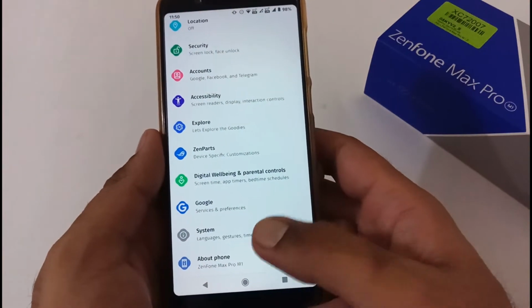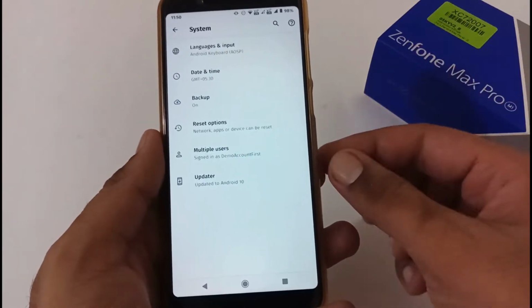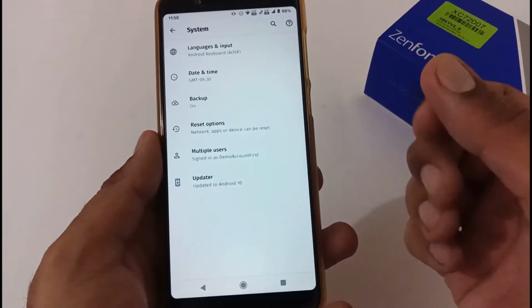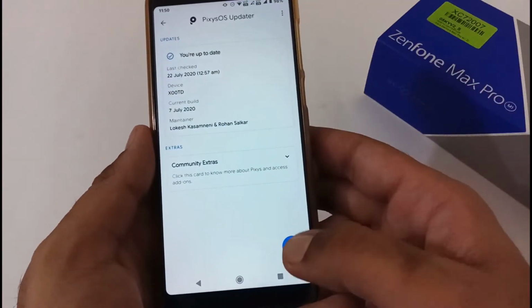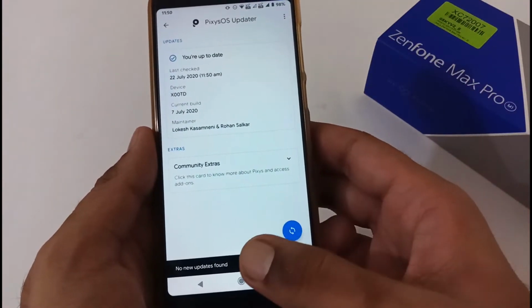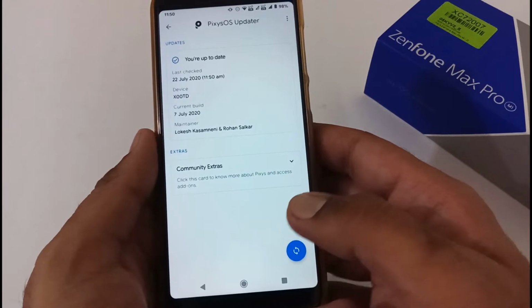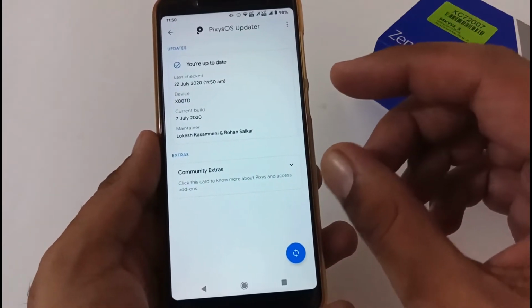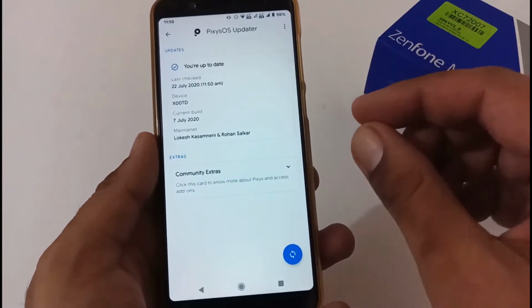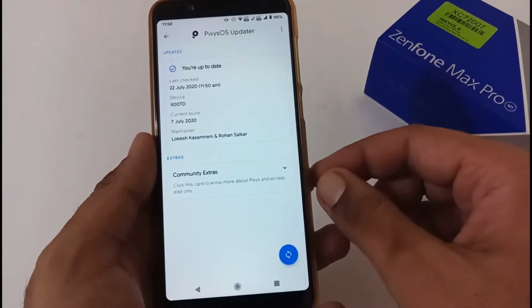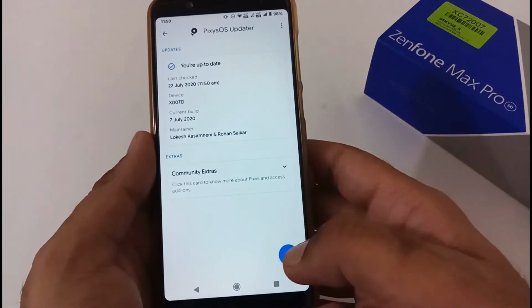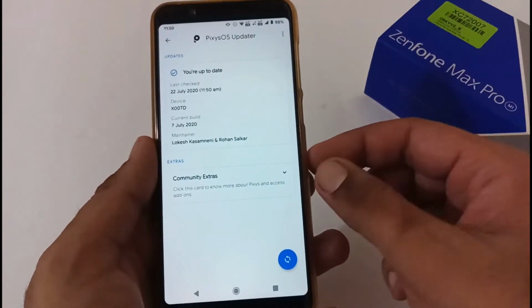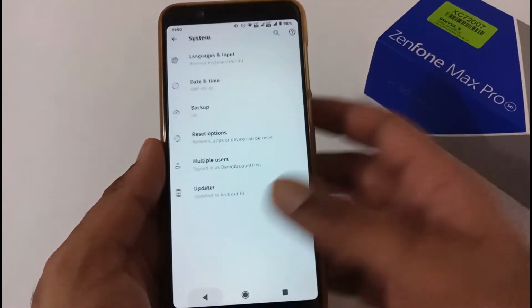So the very first thing or a vital part in every ROM is whether it does provide updater or FOTA updater provision or not. So they have provided updater. So if I click here, it will show me that no new updates found and so on. But I can't assure you at this moment that this is working absolutely fine or not. But whenever you will be installing or flashing this, if any new version comes and you try here and it is downloaded, then you can assume that it is working absolutely fine.